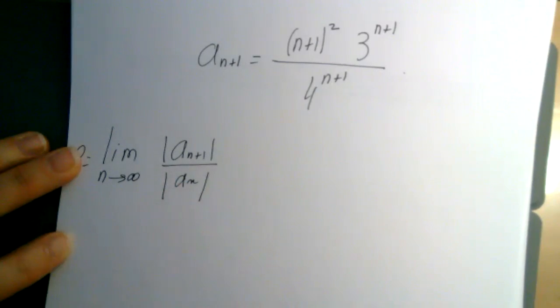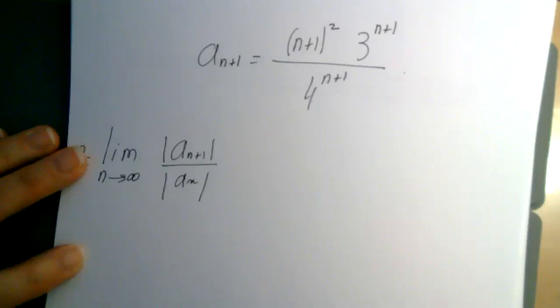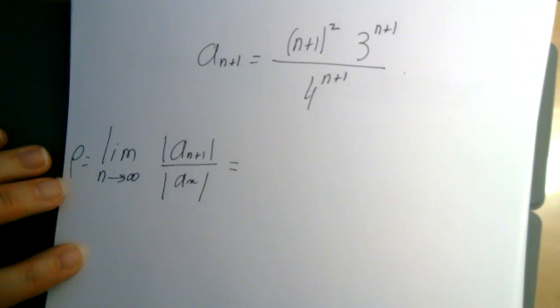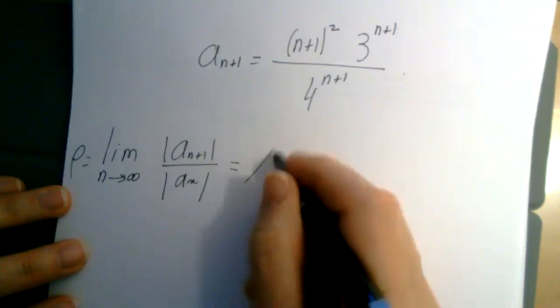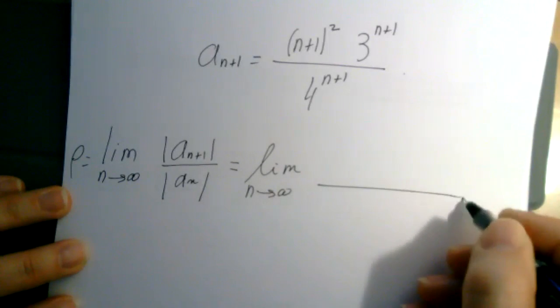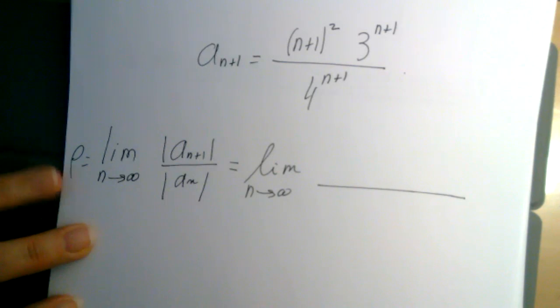Basically an absolute value. In this scenario, the absolute value doesn't matter because my series has positive terms. It looks fairly complicated, but actually it's easy. So that's the limit as n tends to infinity of, I don't need the absolute value because it's positive,